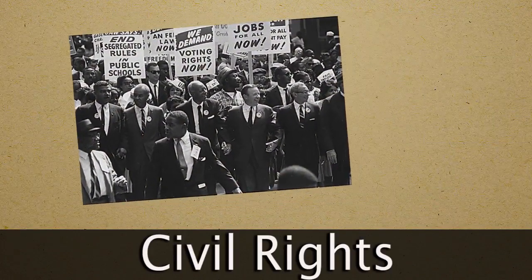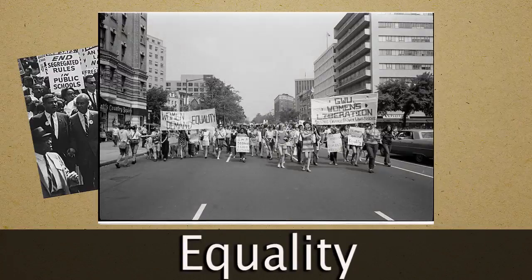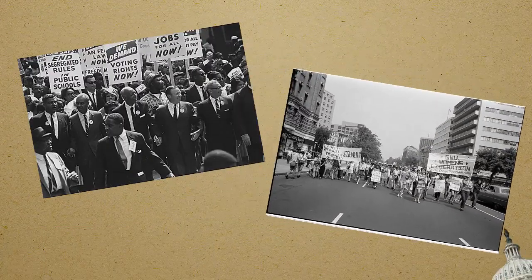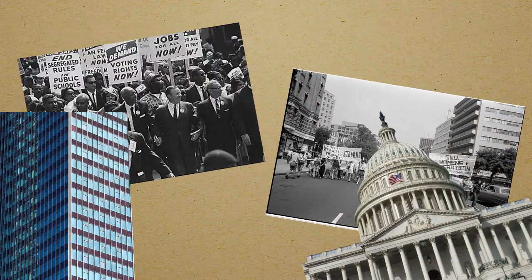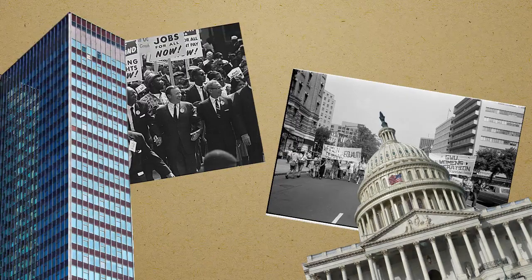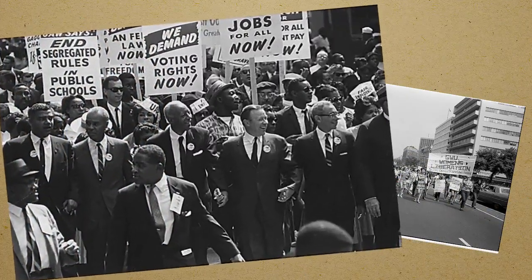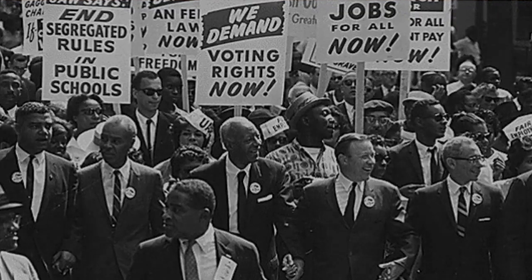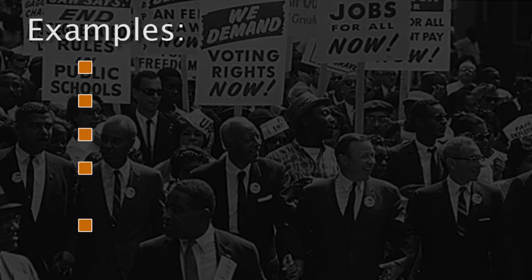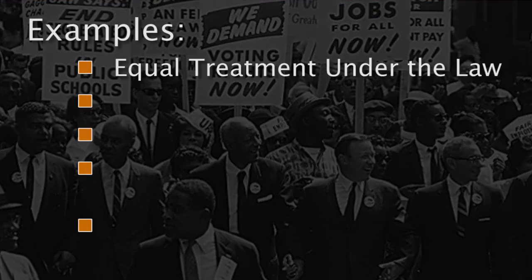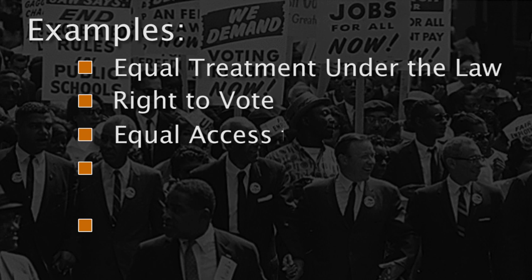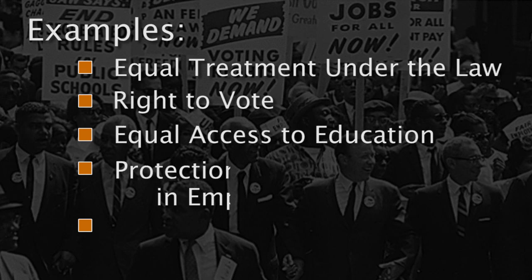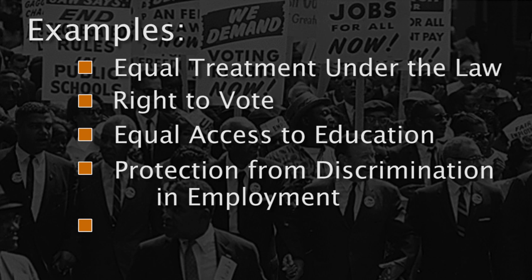Civil rights, on the other hand, are about treating everyone in society equally. This applies to the government, and under certain circumstances, it applies to private parties. Historically, minority groups have had to struggle for equal rights. Examples of civil rights include equal treatment under the law, the right to vote, equal access to education, protection from discrimination based on race, color, religion, sex, or national origin for hiring, promotion, or wages in employment, and equal access